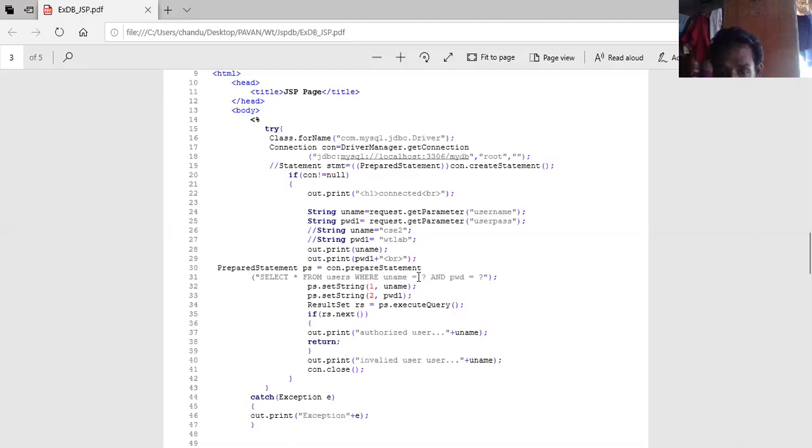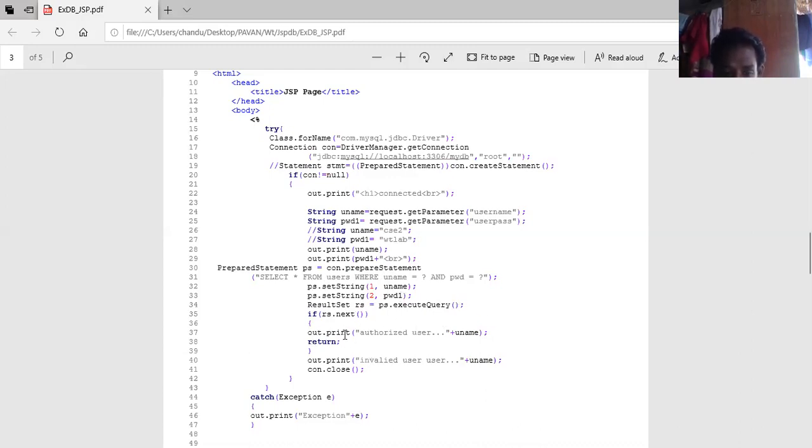Already I said, write the SQL query with question marks. I need to fill these question marks with the respective values. Here ps.setString, the first question mark is this value, username equals uname, password equals password, and ResultSet is equal to ps.executeQuery.